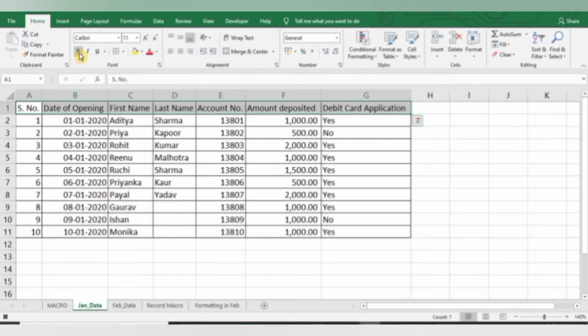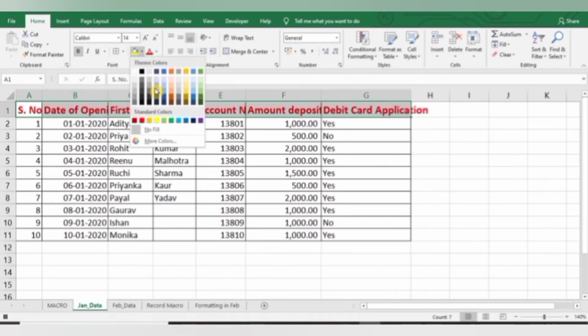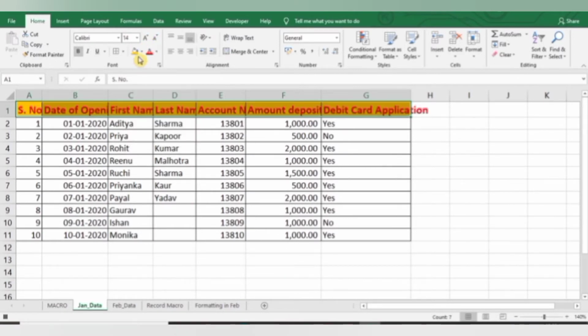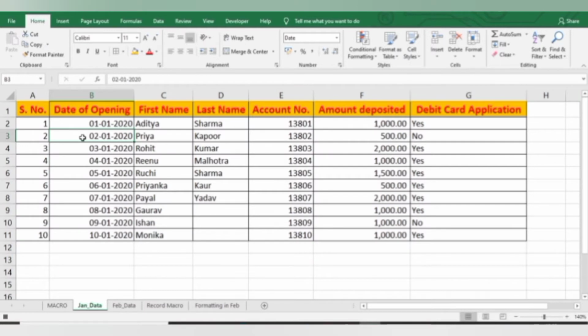If you want to bold your headings, you can do it like this. I want to increase its size. So this is how my data will look after formatting.